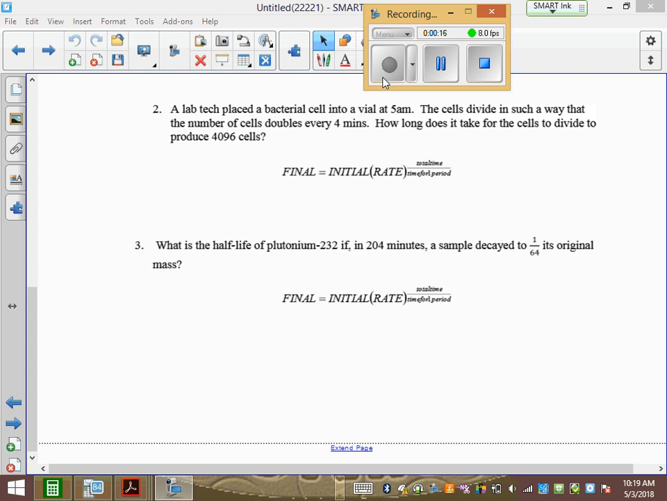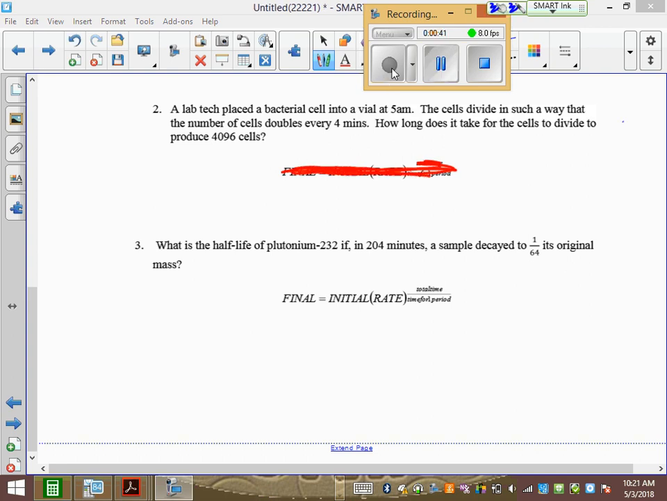Okay, so this one is a lab tech placed a bacterial cell into a vial at 5 a.m. The cells divide in such a way that the number of cells doubles every 4 minutes. How long does it take for the cells to divide to produce 4,096? You don't need to write this. We'll go over that. Let's write down the